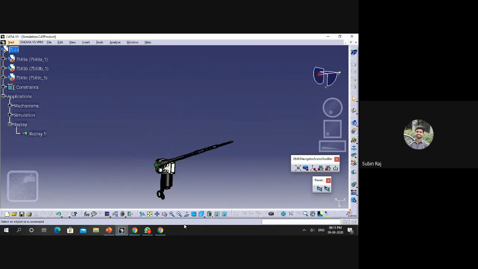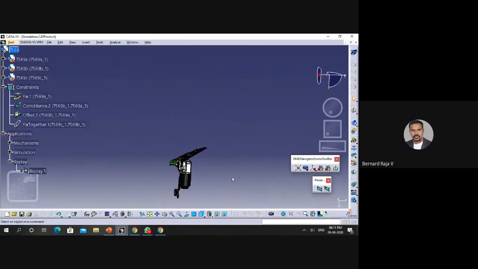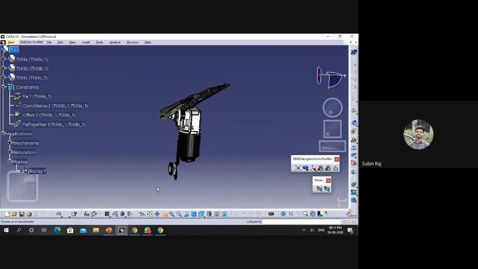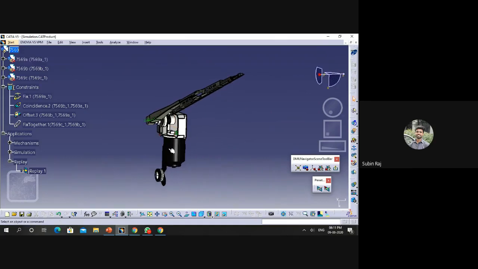First of all, to be frank, I didn't design this model. I just downloaded an already designed model. As you all know, in DMU kinematics, first we need to fix one component. So I fixed this motor assembly as the fixed component.